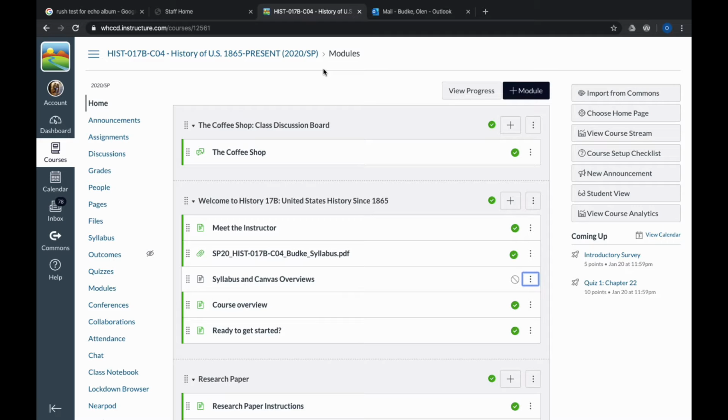So let's start with an overview of Canvas. This is the home page of our course in Canvas. At the very top, I have a discussion board that's going to be open to you throughout the duration of the semester. It's called the Coffee Shop, and the idea is to create a space where you can go and